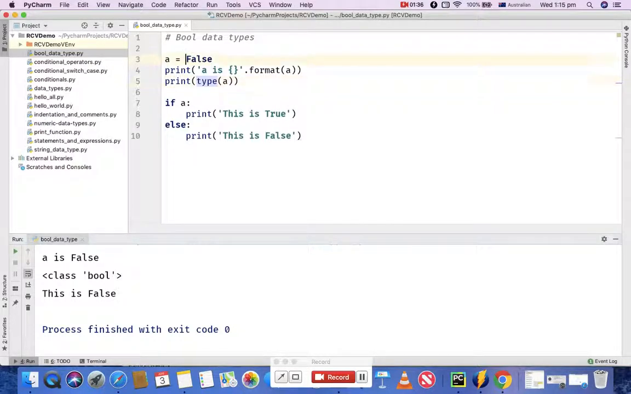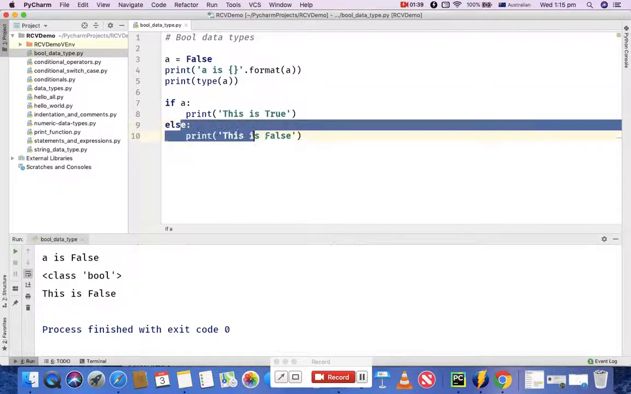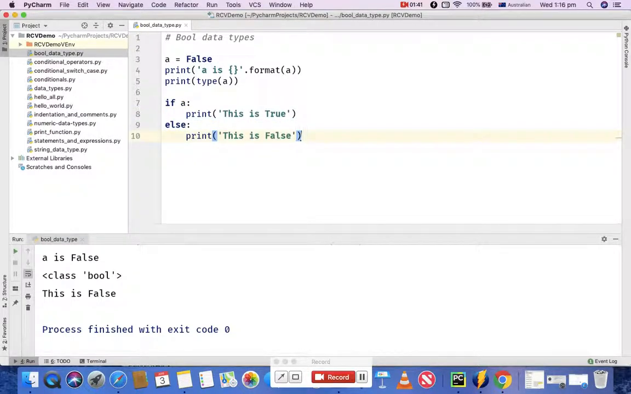So if a is true, it prints this statement. If a is false, then it prints the next statement, which is in the else block. Now bool is used, as I have already mentioned, for logical values and expressions. So if an expression is evaluated to true or false, then depending on what it evaluates to, the Boolean value will be printed accordingly. So for example, in a, if I say 2 is less than 5 and print that,